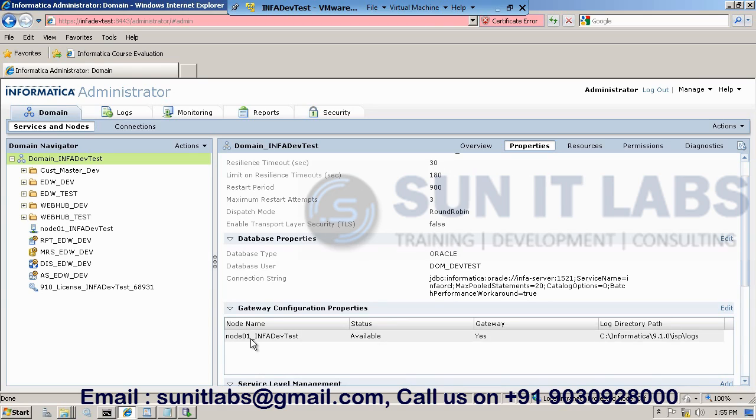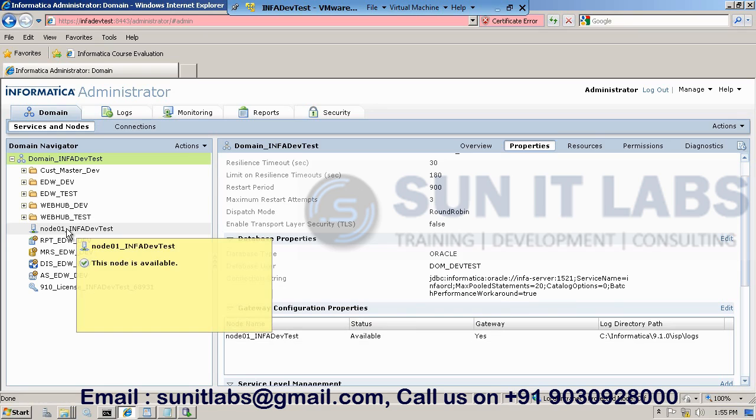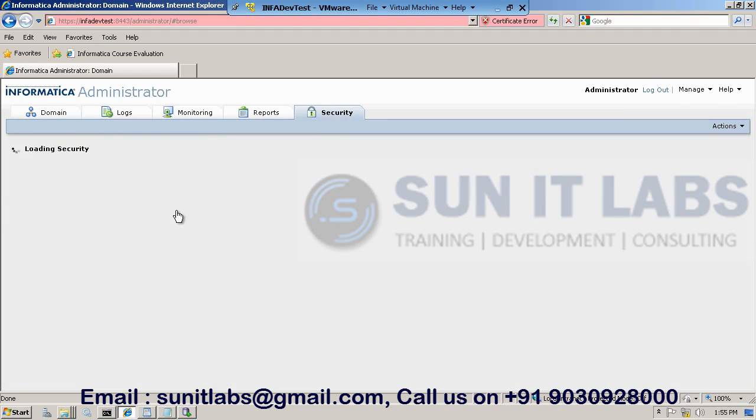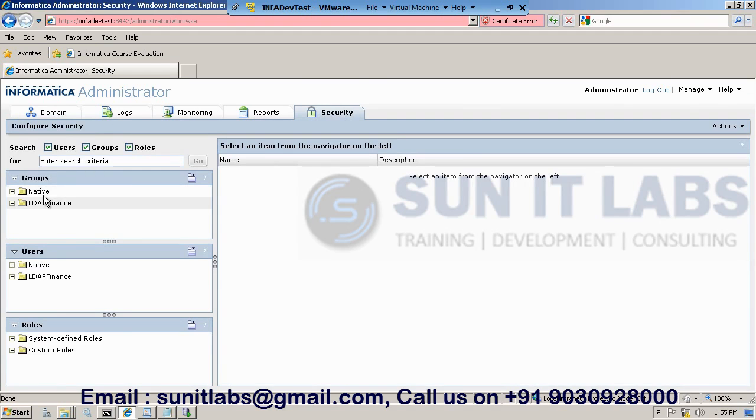And it is also on a machine called node01 infa dev test. So we only have one machine, so that's where it's stored. At the left-hand side, when you click on the node, you'll see its actual name, infa dev test, and the port number. All this information that you're seeing me click on is stored in the domain metadata repository. When I go to logs, monitor reports, and security, these users, these groups